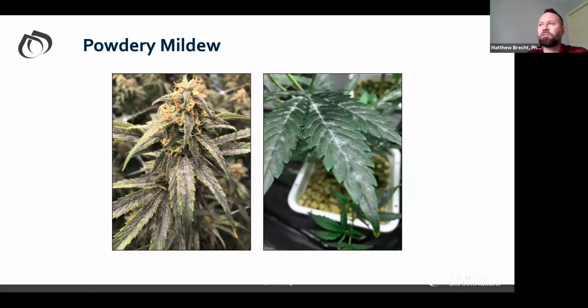So let's say it's week 7, week 8, you're starting to see some powdery mildew on and around the flower, maybe on the sugar leaves. You want to knock that down, so when you go to harvest, you don't have all of that on the flower. That's where the PAA comes in, the Jet Ag or the xylitol spray. That's your best friend at that point in time.